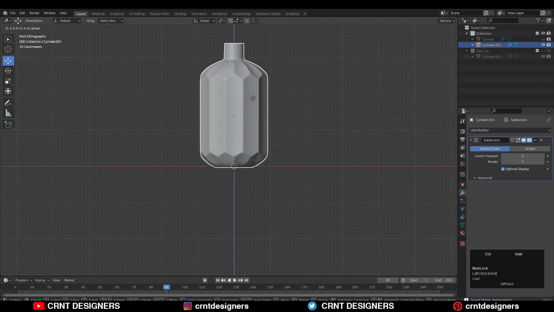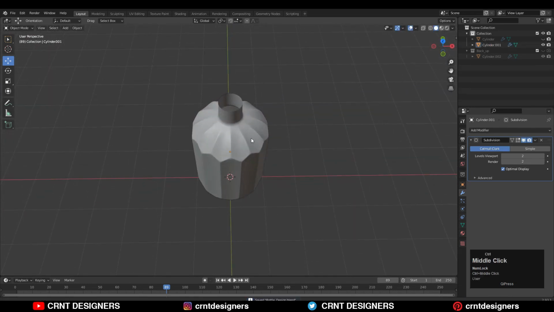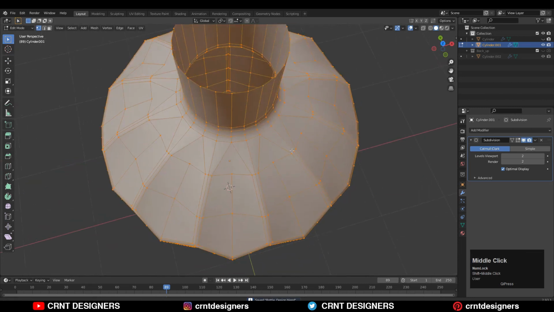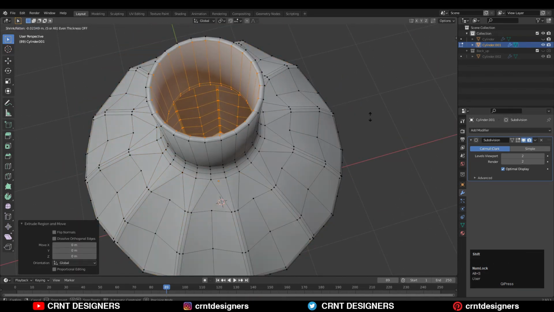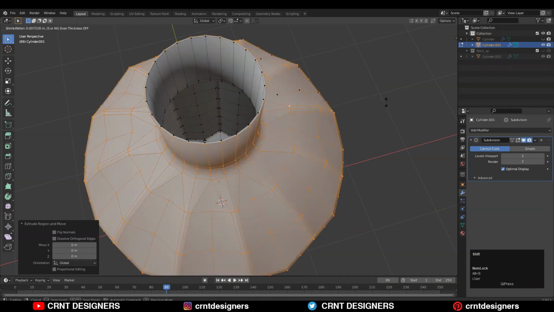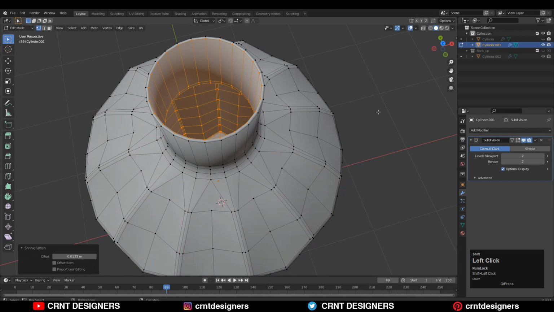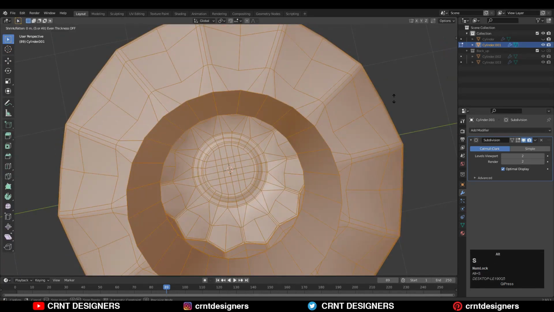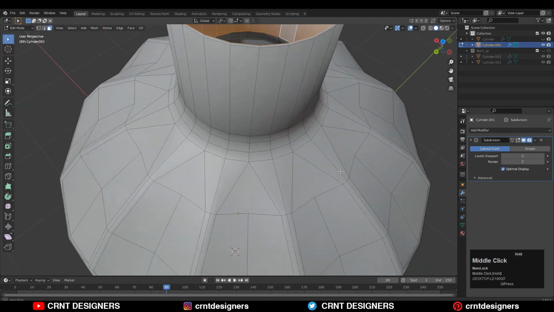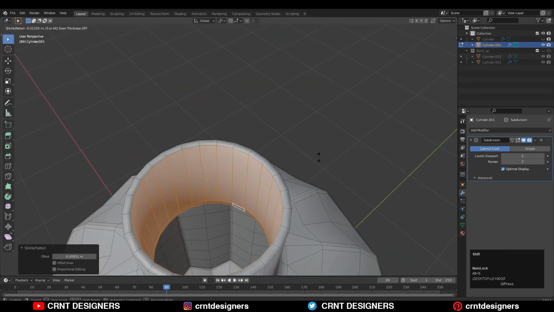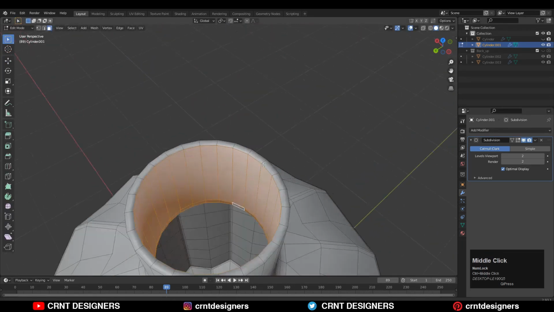So just move it along the z-axis and take it to the floor. And now we want to add thickness to the model, so we can extrude it along its normal. So select everything and then press E to extrude it, and then you can press Alt S to scale it along its normal, or you can use the extrude along normals tool. And you need to give a little bit of thickness there. So it's very important to give a small thickness, and you can increase the thickness at the nozzle part.